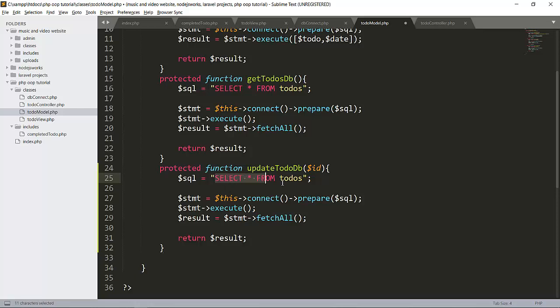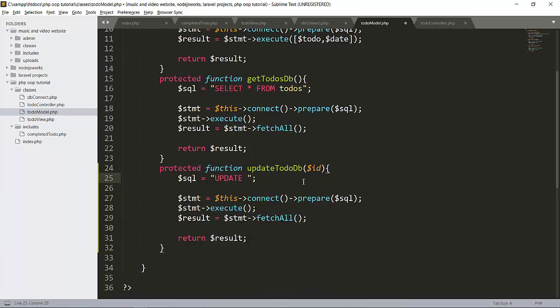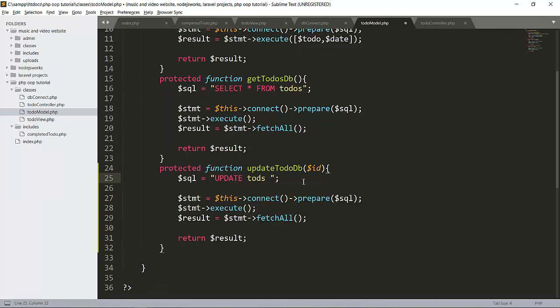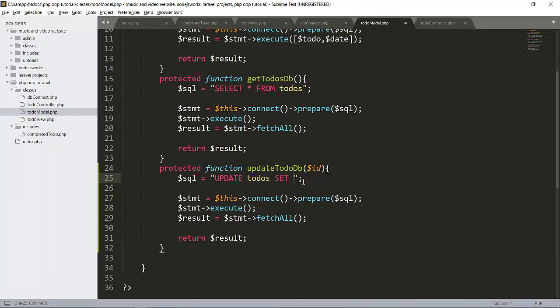Here we want an SQL statement: update to do's, set completed is equal to yes, where id is equal to, we don't know what the id is here.